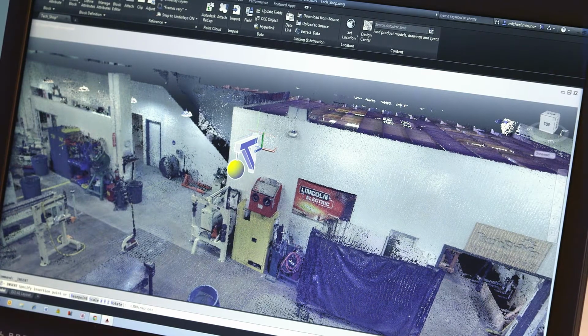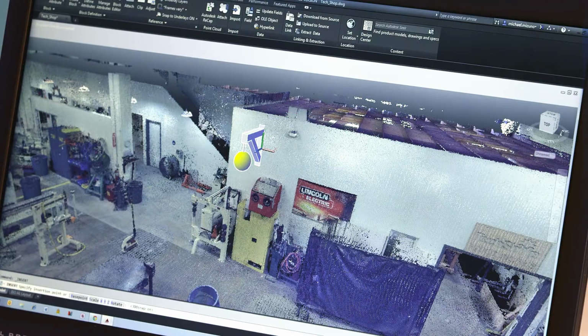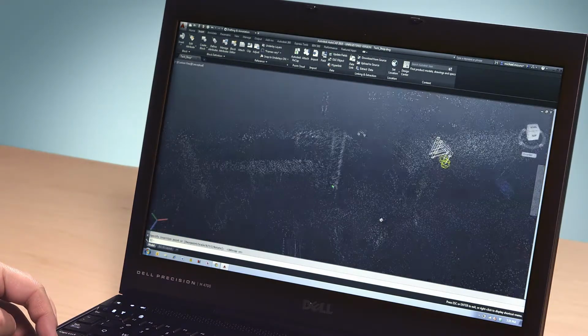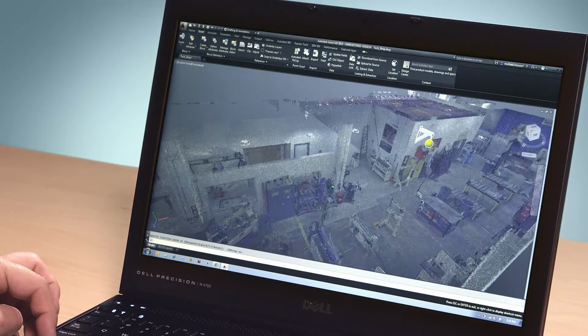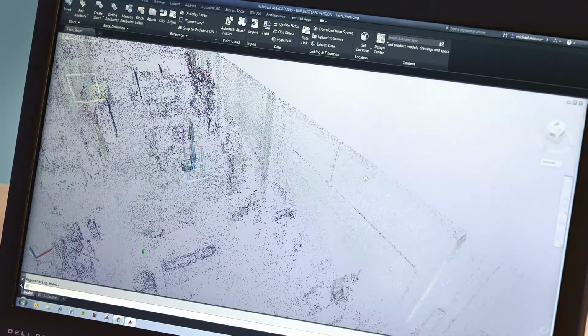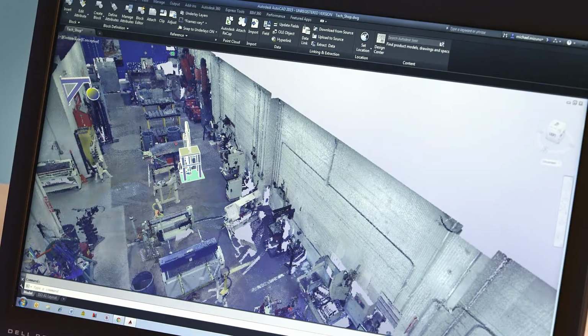In this case, we'll add a new lighting fixture to the area. Notice how this fixture snaps to the point cloud, another new feature in AutoCAD 2015. From within AutoCAD, we can easily experiment with different locations for the fixtures, and since we have a highly accurate point cloud, we can specify with millimeter accuracy where we want that new lighting fixture installed. In the same way, we can place new pieces of equipment into the design and explore ideas about space planning or improving shop efficiency.